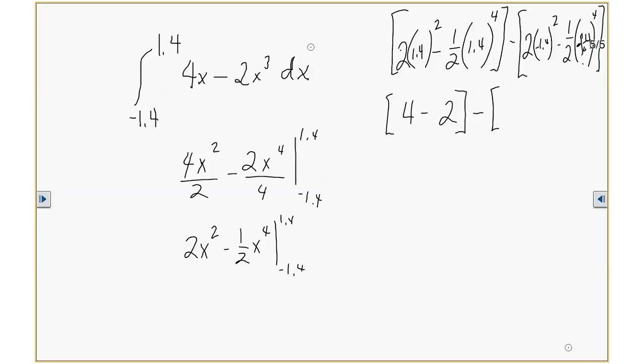Minus negative 1.4 squared is 2. 2 times 2 is 4. Minus, same thing here, negative 1.4 to the 4th power is 4. Half of 4 is 2. 4 minus 2 is